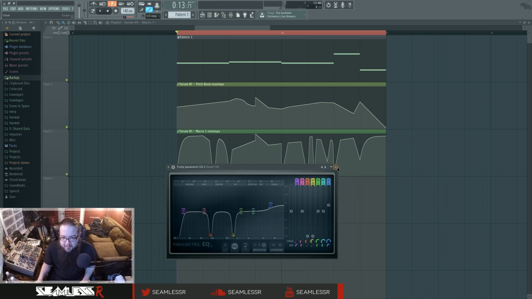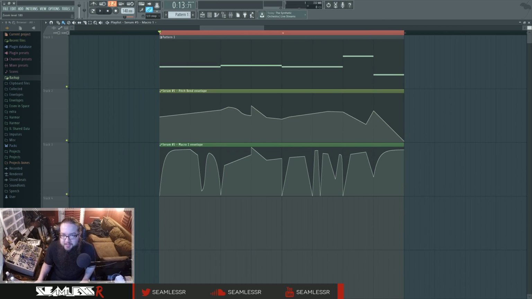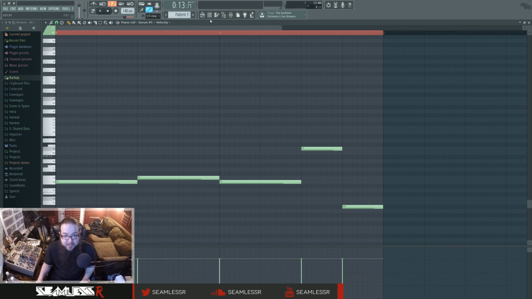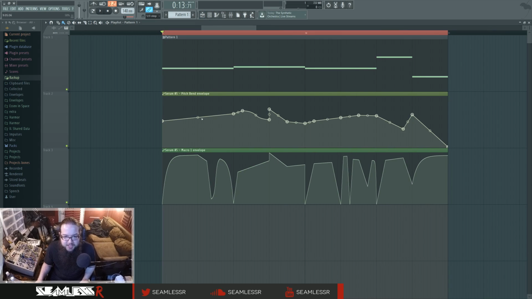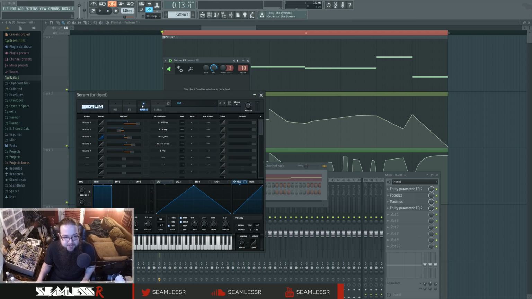So let's talk about the automation, because that matters too. Because we're using Serum, we can't use slide notes inside FL, so I'm using actual volume automation. I'm just putting down notes here. Then here's the pitch automation, which is variously not anywhere near what the notes are doing. And then here's the actual automation for the macro inside Serum, which is doing all the modulation. Every single thing is happening because of this, which is linked to the wavetable position, the warp position, the distortion, the distortion drive,